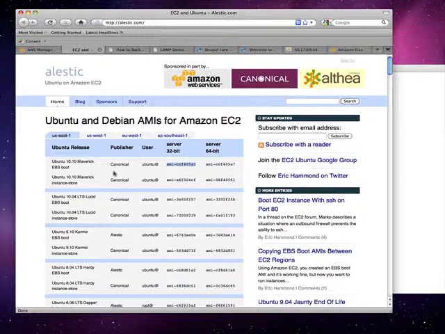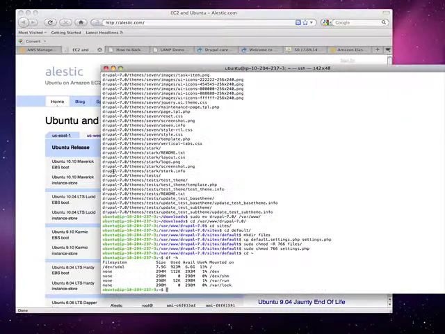What's special about Amazon's Linux? I have not tried that, so I'm not the person to answer. There are also instructions if you want to make your own AMI. There is very good documentation, from an Ubuntu ISO or whatever ISO you want to use. It's a little bit more involved, but if you don't want to use a community one, you can go ahead and make your own. So who is this Eric? Eric Hammond.